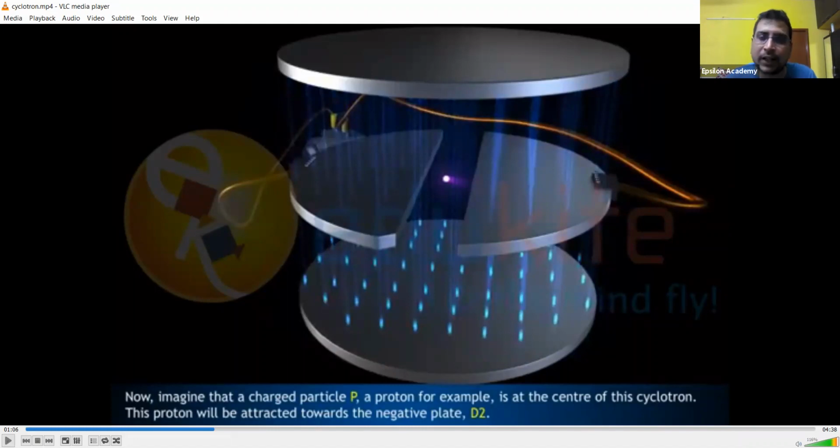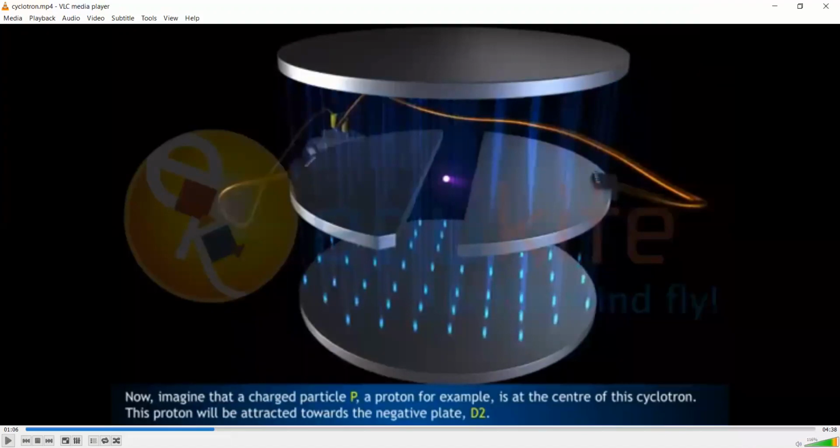Now, to make this particle move on its own, according to Newton's law, we know that an external force is needed to push the particle into motion, right? So for that, remember that this is a charged particle. These metallic plates are there, to which the polarities are connected, and these polarities will be changed after regular intervals of time. I'll tell you why it is changed so; there is a reason for it. Now listen to this carefully. If one of the plates is given positive and the other is given negative, what do you think will happen?